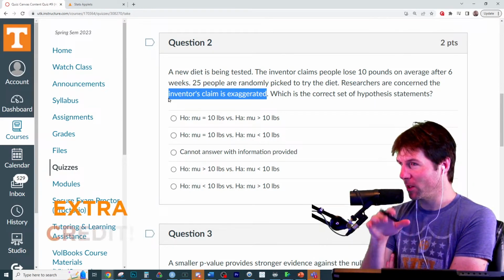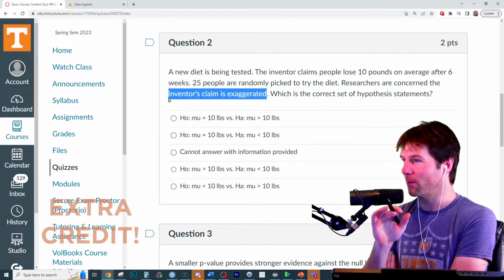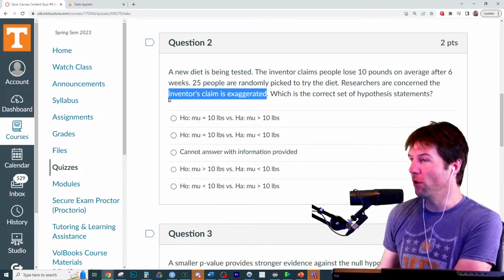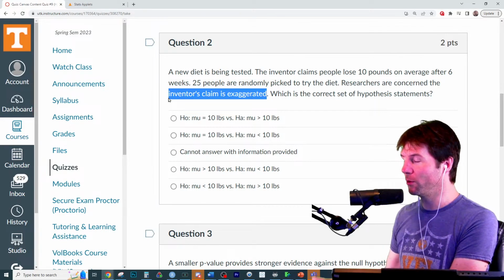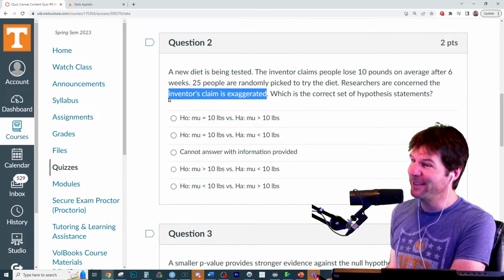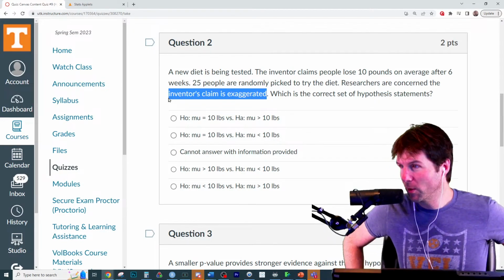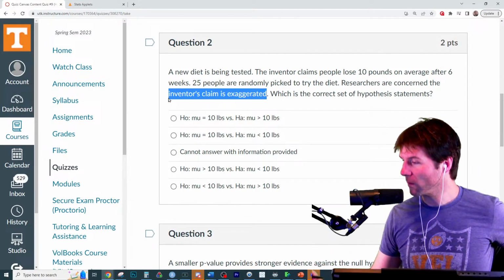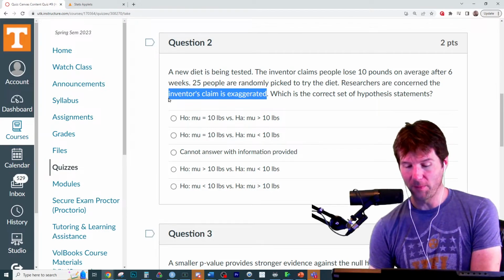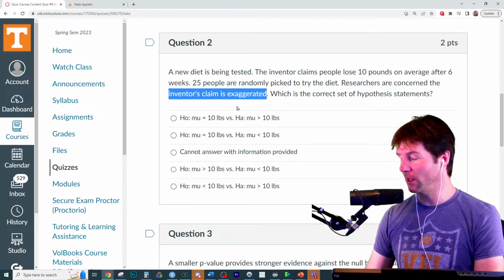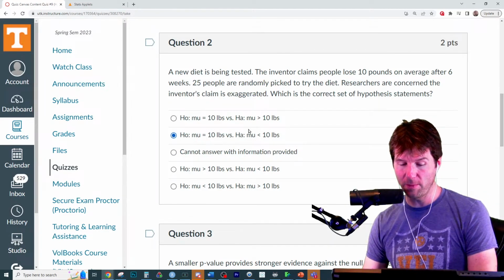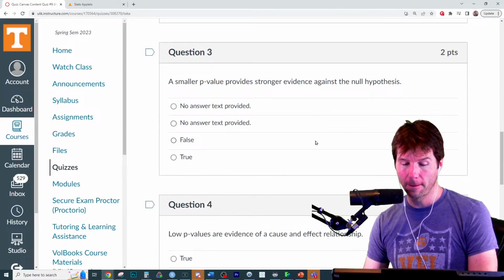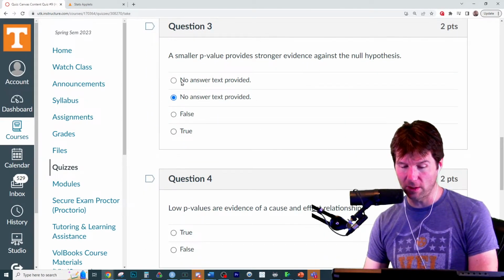So now you're worried, you're trying to show evidence the claims are exaggerated. So if someone's like, dude, you need to try this diet, you can lose 50 pounds in a month. Don't do that. So if you were to say the claims are exaggerated, you'd want to show evidence of what? You're saying you think the truth is less than what they're claiming. So there we go right there. We got it. These are the answers, obviously.